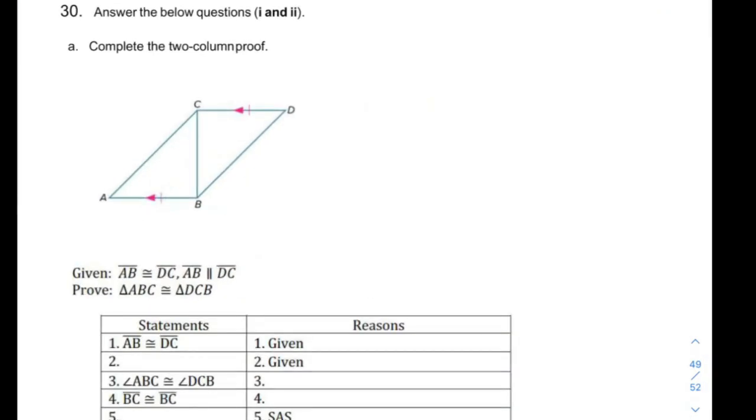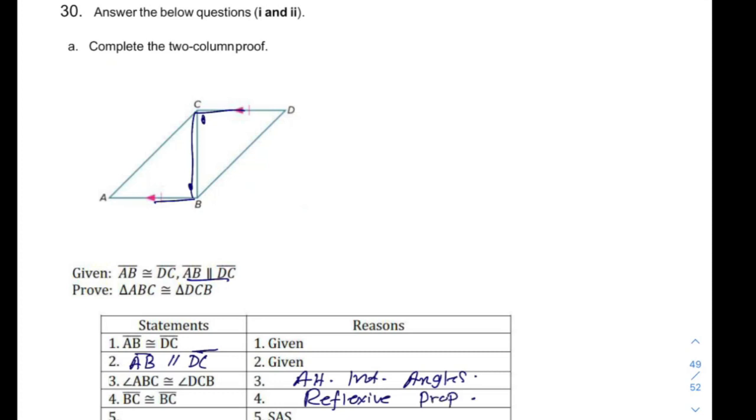Answer the below question. We will also fill in the blanks here to complete the proof. Given, if we copy the given things here, the second given is not copied, so I will copy that: AB is parallel to DC. Now, angle ABC is congruent to angle DCB. What's the reason? As you see, the Z is very clear here. So we know that it's the alternate interior angles theorem. We also have BC is common to itself. This is, of course, the reflexive